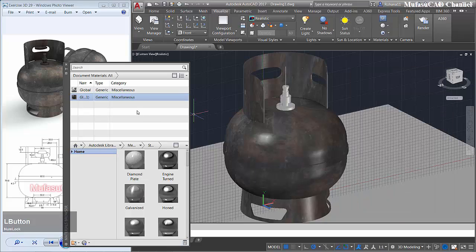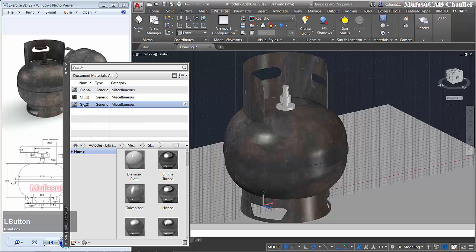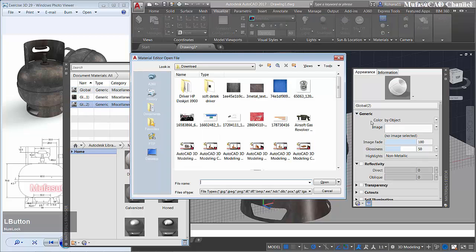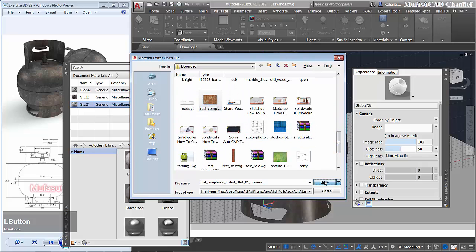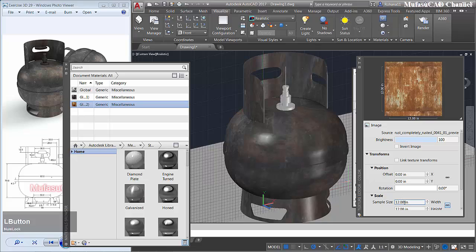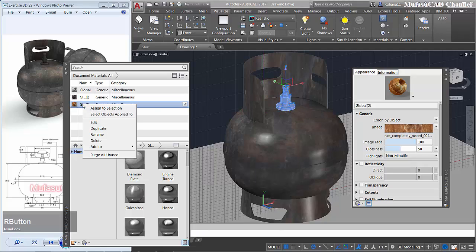Close. We create a new material, global material, duplicate. Click this material twice and choose image. I will use this image. Open. Okay, for sample size I will set about 25. Close. Select this object and assign this material.